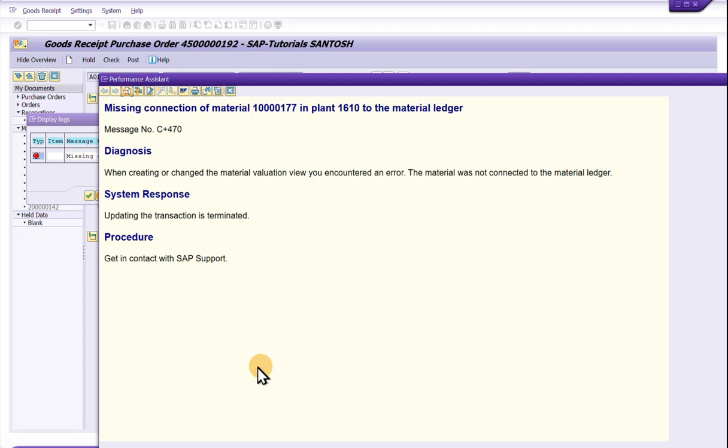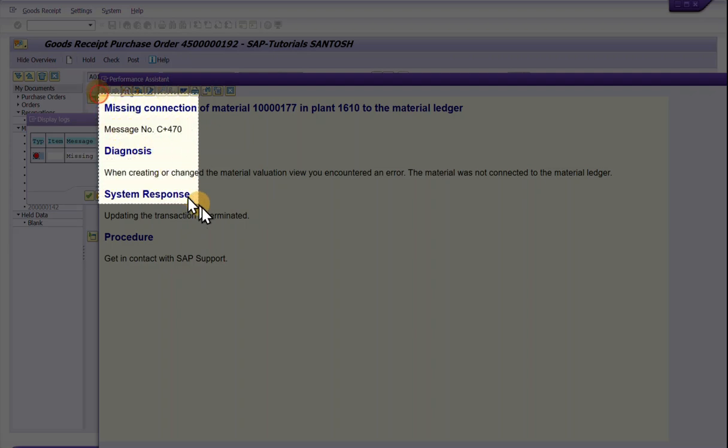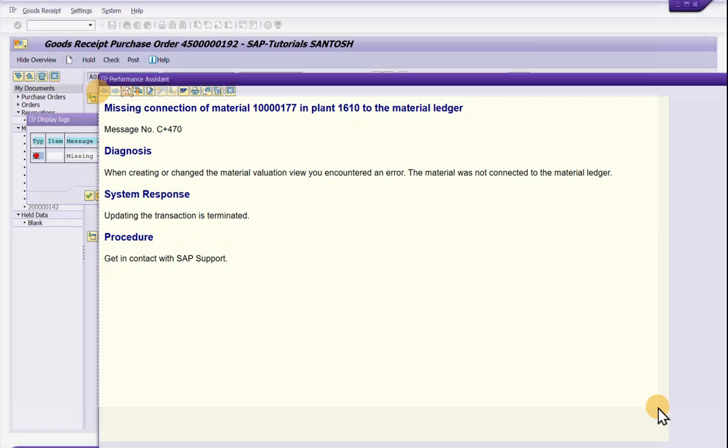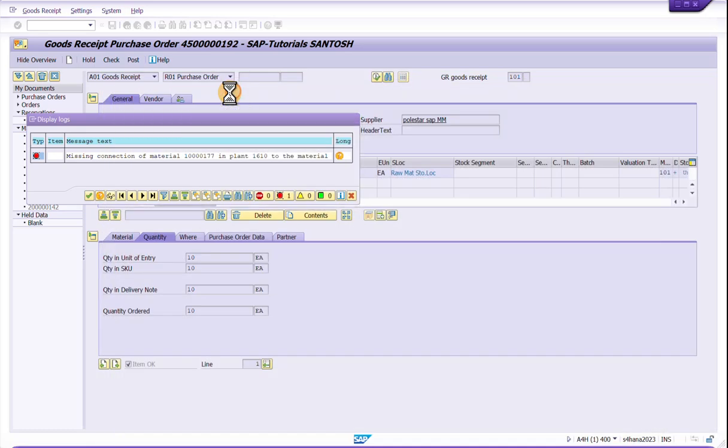It's showing that the connection for the material with the plant and material ledger is not there, and the message number will be C plus 470. So I will try to solve this error. I don't know what the solution will be, but I'm just trying with the help of the community and we'll try to solve this. So I will create a new session